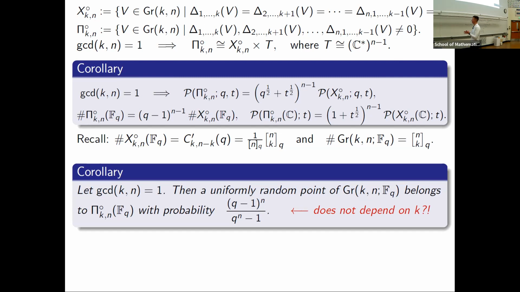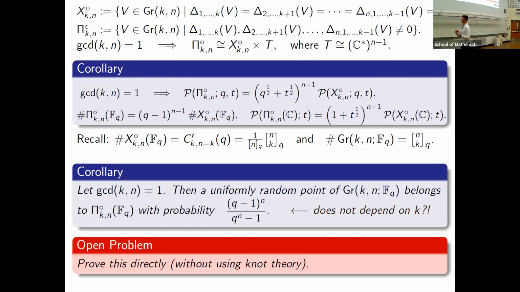The Grassmannian depends on k and the open Positroid variety depends on k, but the answer does not. Thomas and I have no explanation for this. We have a proof, but we don't have an explanation. So one open problem is to prove this result directly. We use knot theory for that, but